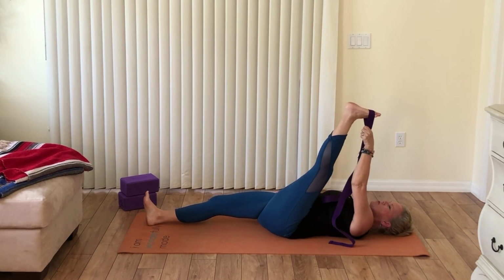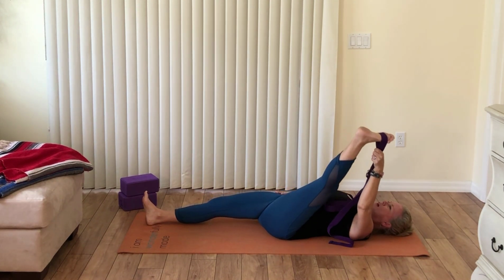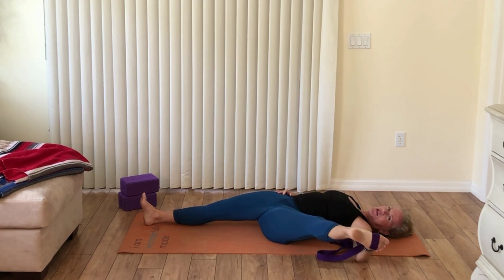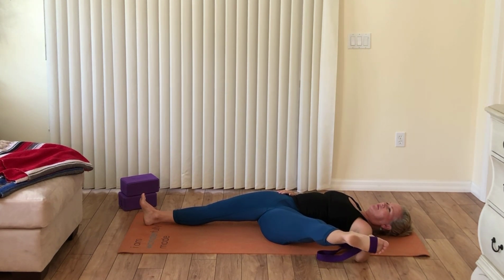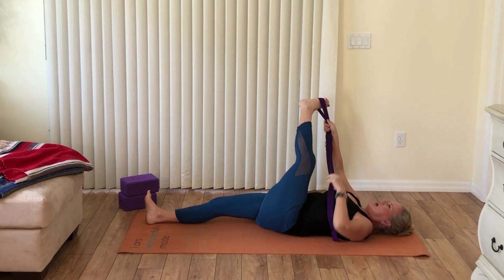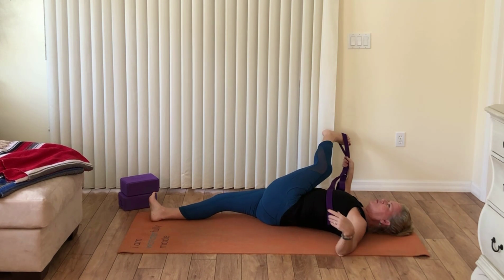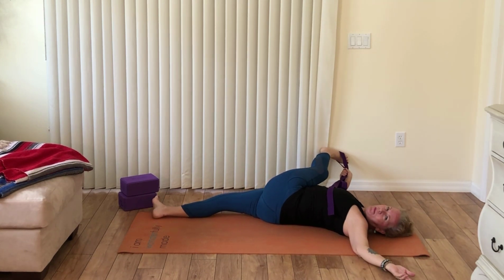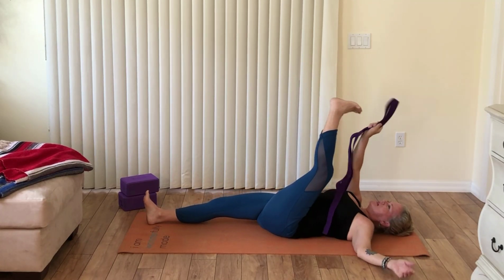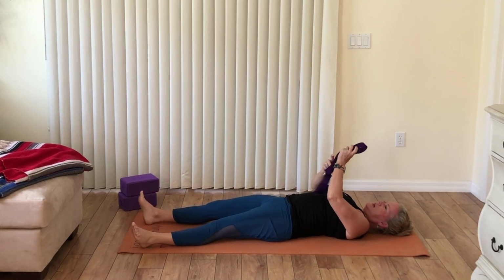Pull the left toes up towards your nose, big stretch, and then open your left leg to the left. Keeping your hips level and flat on the ground, really big stretch here. Excellent. And then coming back up to center and sliding the left leg over to the right into a twist. Look to the left in the opposite direction. Good. And then slowly unraveling the twist, releasing the left leg from the strap, lowering it to the mat, and relax